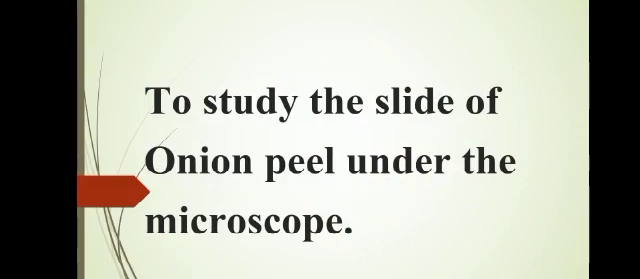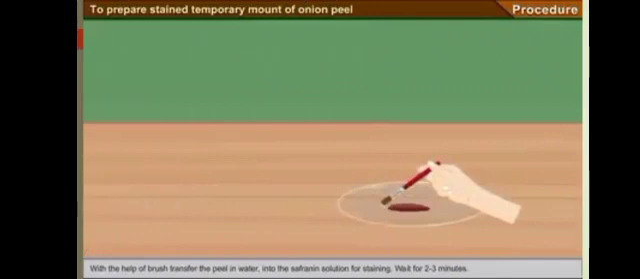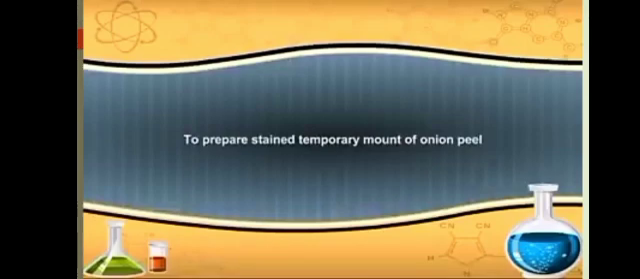Now children, we will study the structure of onion peel under the microscope. So for that I will share a video with you. To prepare the stained temporary mount of onion peel, first of all we need to take some materials. First of all we have to take a medium sized onion, slide, cover slip, one watch glass,